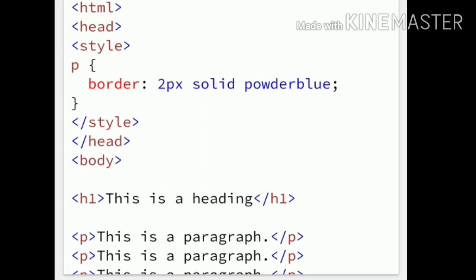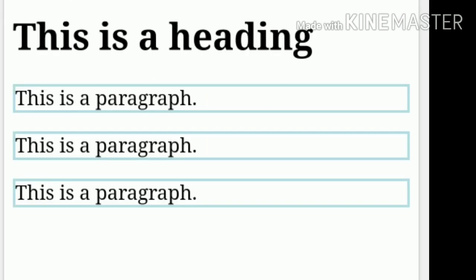They display the output differently, but only the paragraphs have a border. There is no border for the heading tag, that is the h1 tag. H1, this is a heading, closing of h1, but here you did not use any border for the heading tag. In the three paragraphs we are